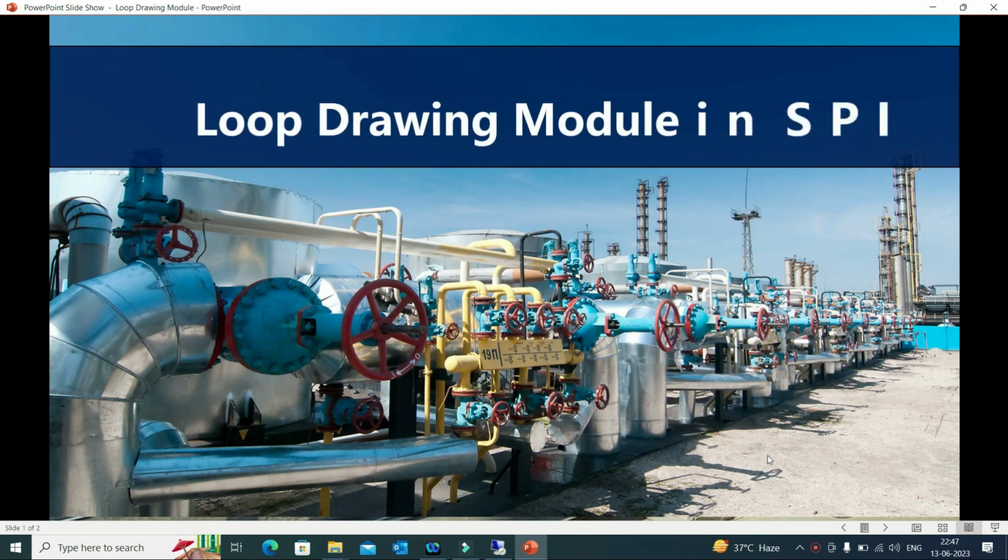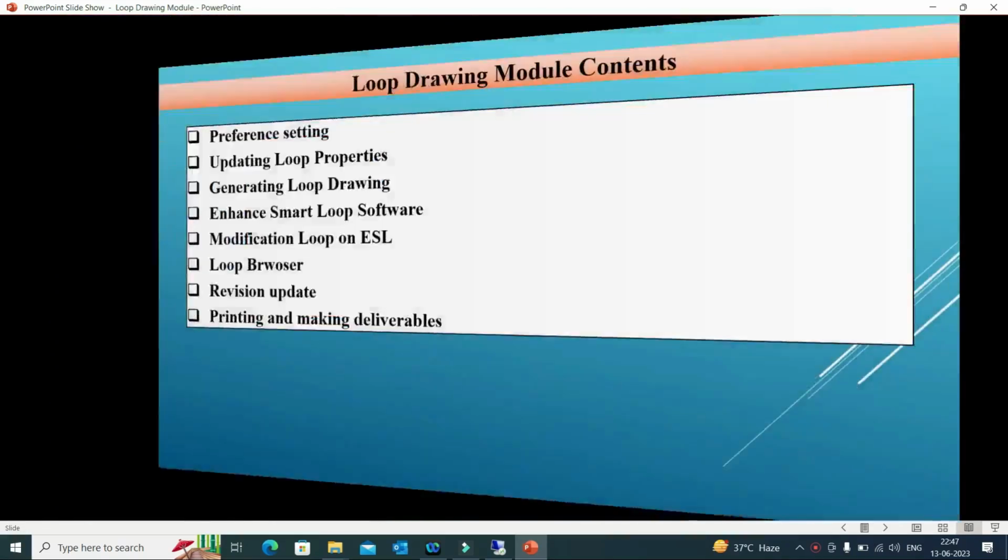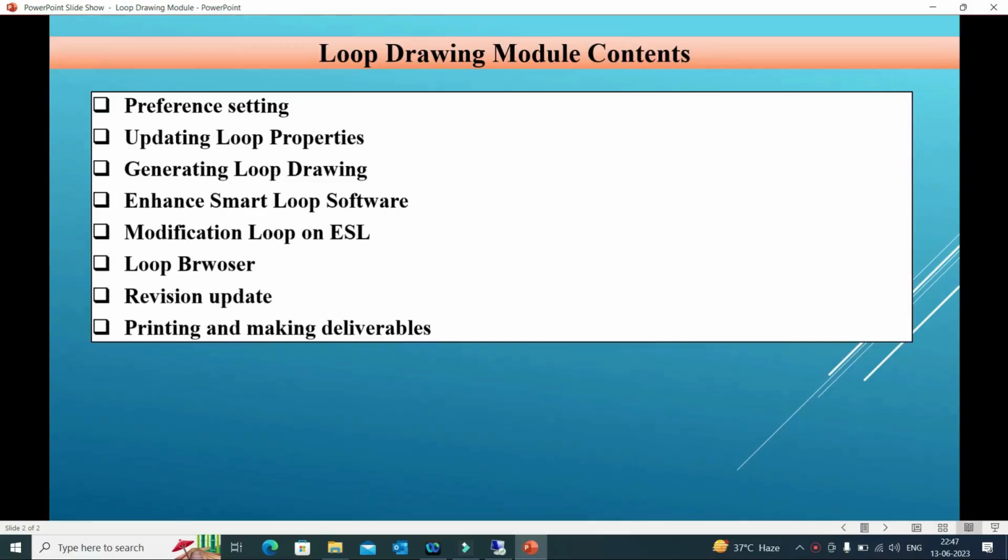Hello everyone, this is the loop drawing module in SPI. In these lectures we will learn about loop drawing generations in SPI. What we learn here: preferences setting for loop drawing generations, updating loop properties, generating loop